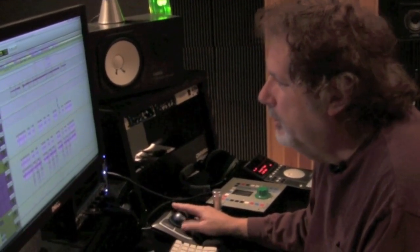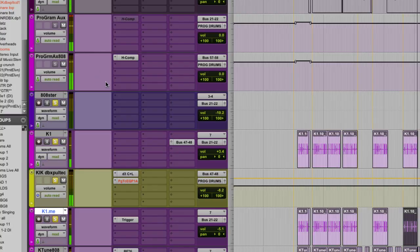Just getting some kick drums real quick. Okay, basically I'm taking all these kick drums, this is the programmed kick drums, and sending them to an aux. You can see all that. You can figure out the signal path. Just pause your tape. Interesting thing here is I'm taking a piece of this particular drum and